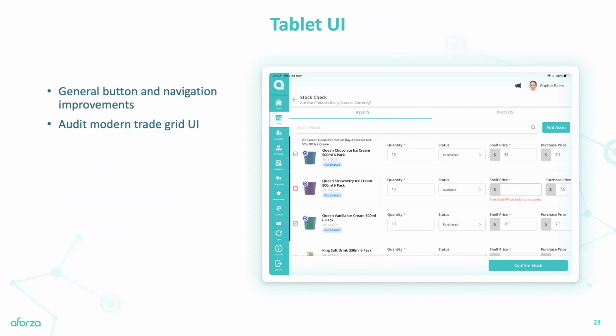We also made some big improvements to the tablet UI, especially around our audit capabilities. So we've got a new modern trade audit UI, which is something we've heard from a number of our customers. And this is essentially giving you a configurable grid-based view for managing your audits. So in the screenshot here, you can see that we've got a number of ice creams that we're auditing. And on each of them, we can see the quantity, the status, the shelf price, and the purchase price. And that actually scrolls off to the right. So you can have as many fields on there as you like,